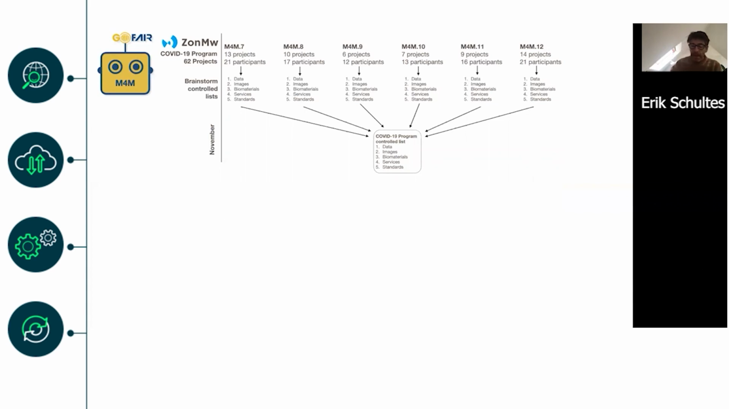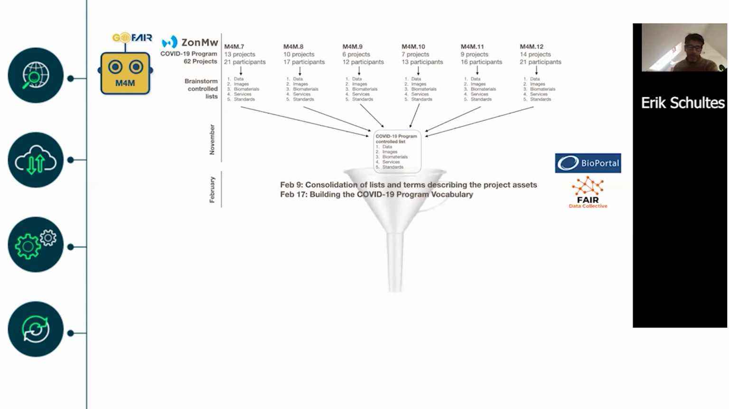research assets. And now what we've done in February is we've run an additional couple of workshops where we've been able to consolidate that list of terminologies, and we've begun building a formal vocabulary that describes these things. And in this, we've been linking to the existing vocabularies in BioPortal ontology repository. And we've been using tooling that we've developed in what's called the FAIR Data Collective. And the ultimate goal here is to produce a COVID-19 research program vocabulary agreed upon by all 62 research projects,